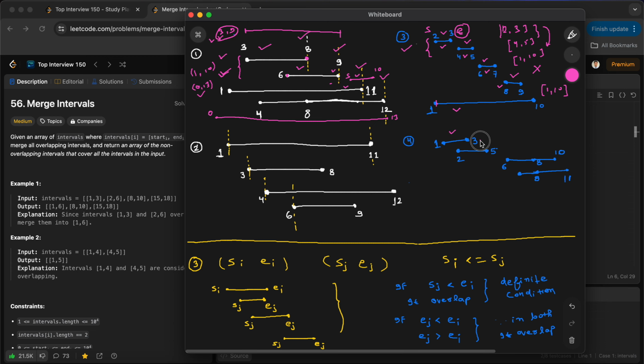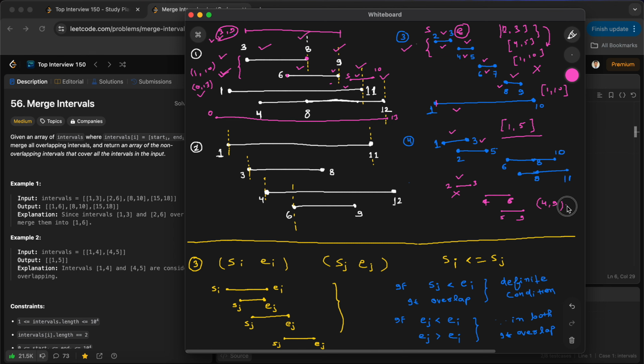Suppose these two overlap, and I store 1 to 5, and after that I get some interval that does not overlap with it, so maybe I will ignore that and it will not be stored. In which case will it fail? Suppose I have 2 to 3, and here suppose 4 to 6, and 5 to 9. In this case 2 to 3 is not overlapping, so I will ignore that. I will store only 4 to 9 in the result, but